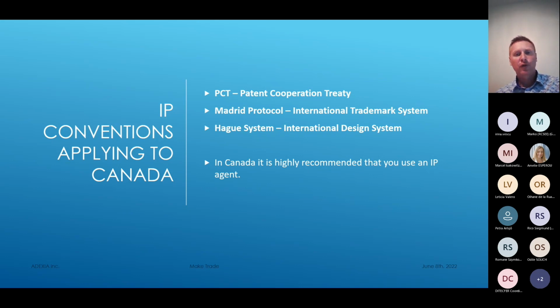Canada is part of a few international treaty conventions: the PCT, the Madrid Protocol, the Hague System. And again, I can only insist on the fact that once you come to Canada, make sure that